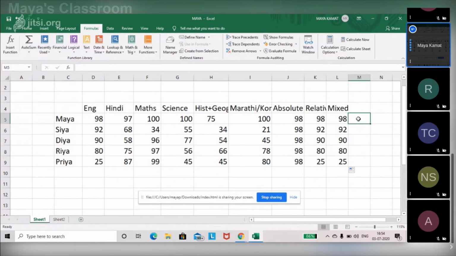Now, if I change it the other way around, if I say the cell is D5, but now I'm changing the dollar sign's placement to the row. The column is not freezed, but the row is freezed. Just notice the change. What has happened? The column is not freezed, so the column keeps changing, but the row is freezed. So it will be in this row only. Are you understanding?